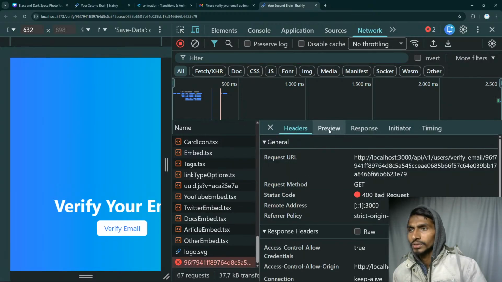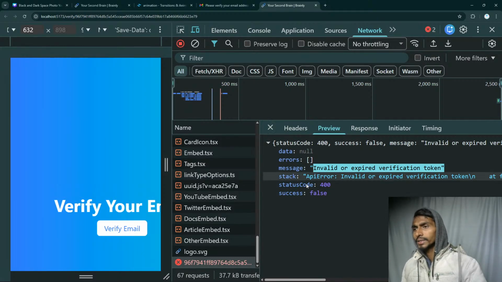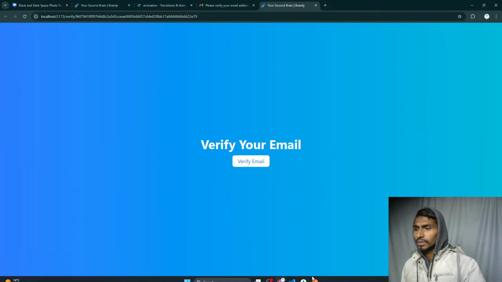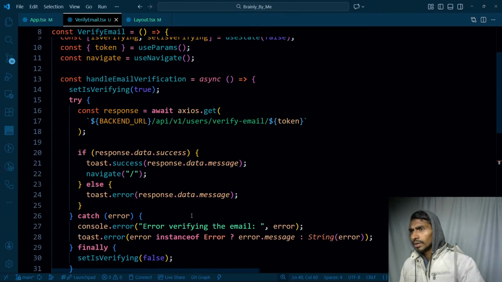Bad request, preview: invalid or expired token. The thing is that I have to get that token here. Why am I not getting this token? It is simply saying bad request. Why is that happening? Token got expired, so